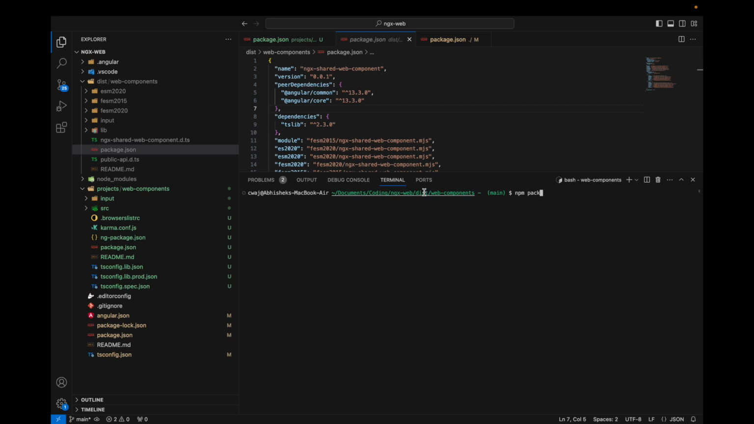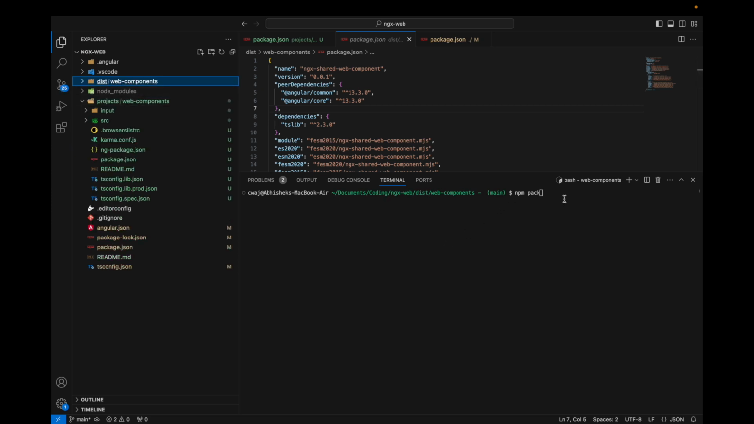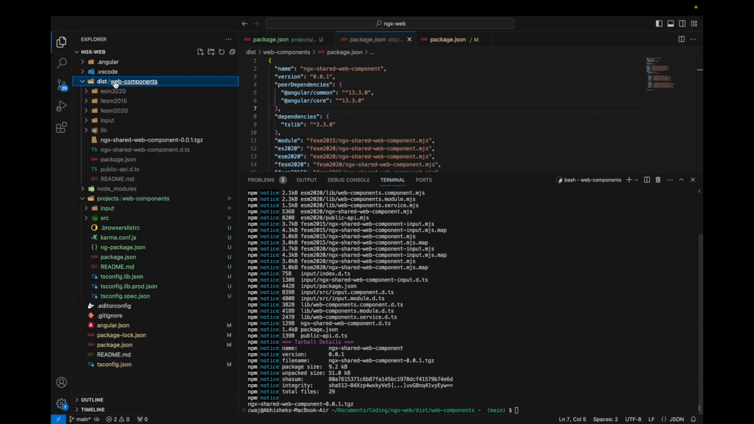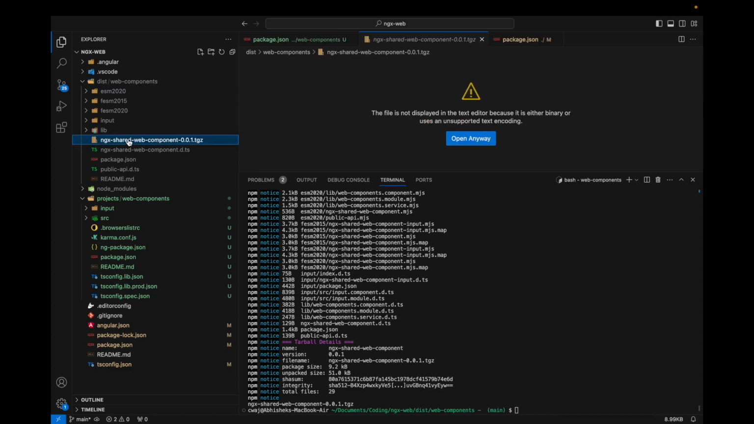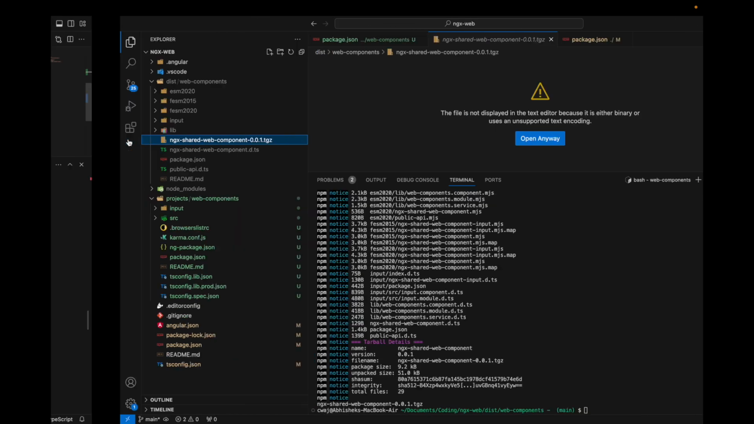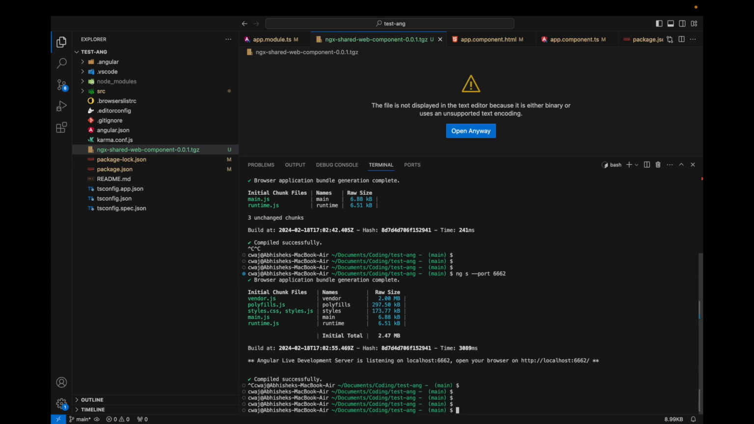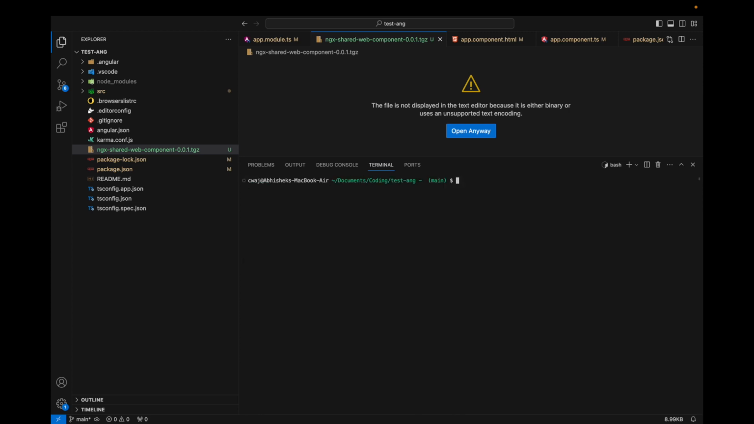So we are already inside this dist and web components and we want to create a package out of it. So we'll do npm pack. This will generate one tgz file. Then we can copy this tgz file and then we can paste it inside our code base. And then the further steps would be similar. Suppose I want to test whatever the code is there in this new file. So we'll do npm install and then the path of this file,